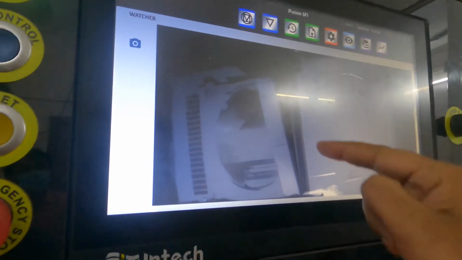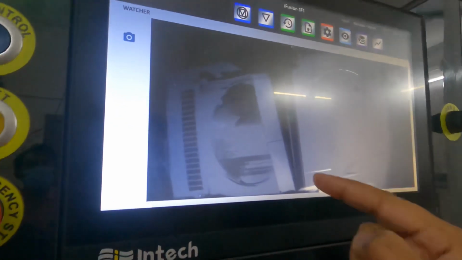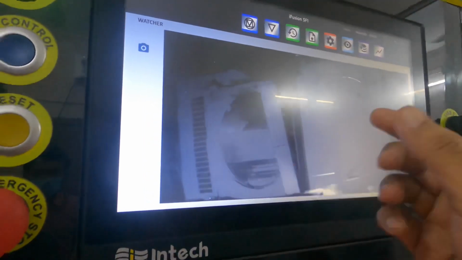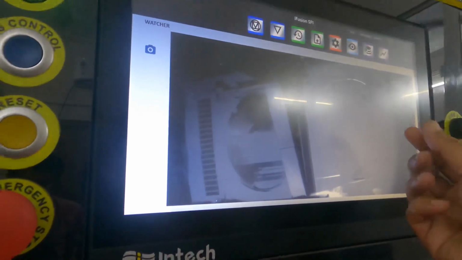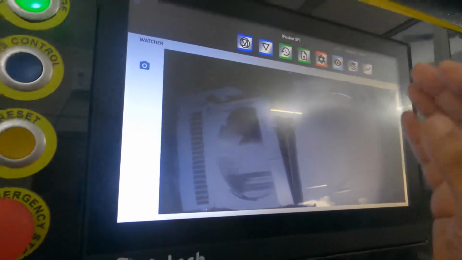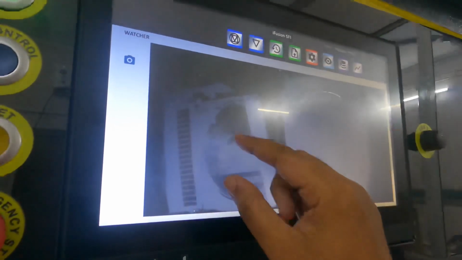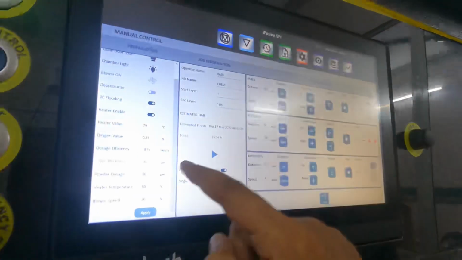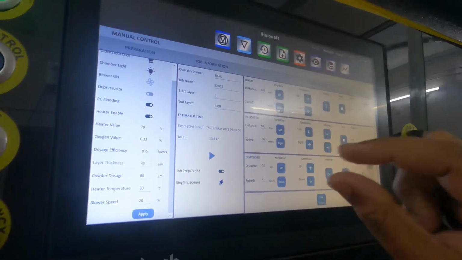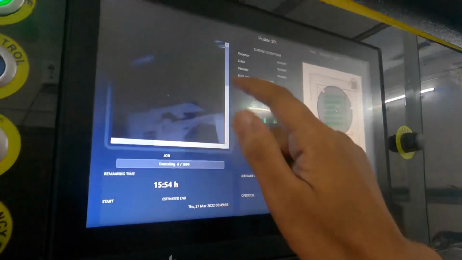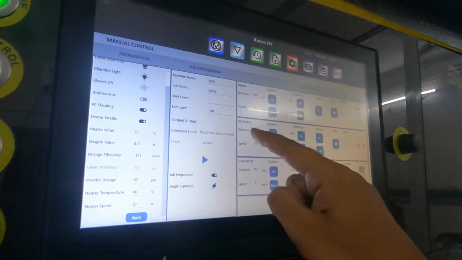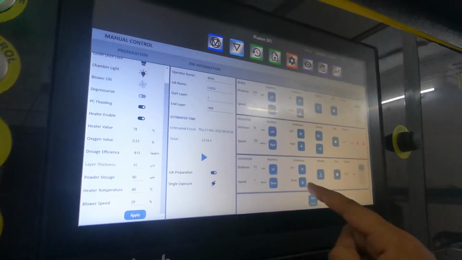The purpose of the recoater is to take the powder from the dispenser and spread it on the build platform. The dispenser will move a specific height, and then it will take a particular thickness and spread on the build platform. For example, right now we have fixed layer thickness at 40 micron, so it will spread a layer thickness of 40 micron. Then this is the recoater control, and then this is the dispenser control.